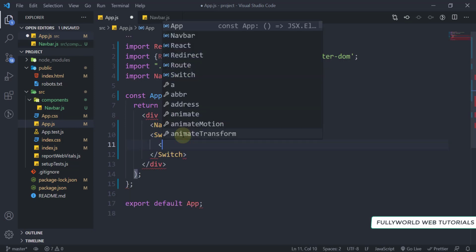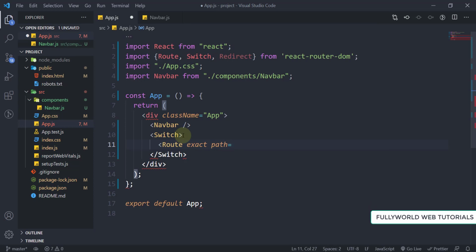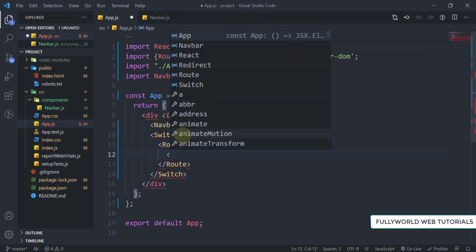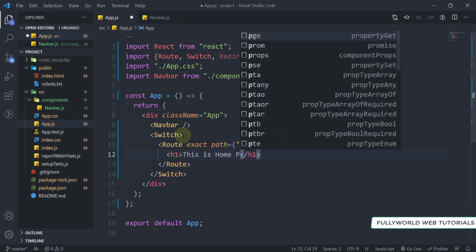And here will be our first Route, and that will be exact, and its path will be slash. That will be our main path. And here I'm not going to write any component. I will enclose this, and here I will write an h1 tag: this is the home page.